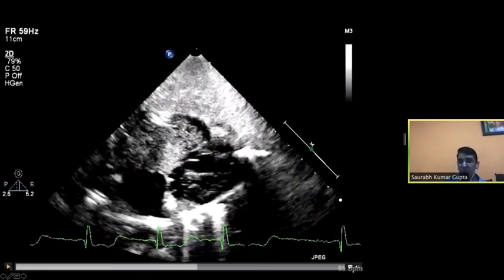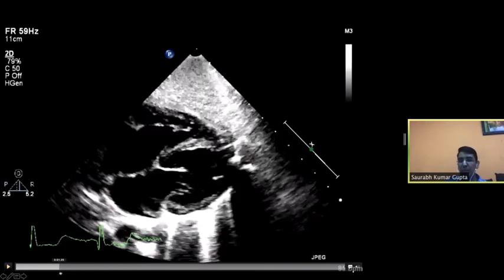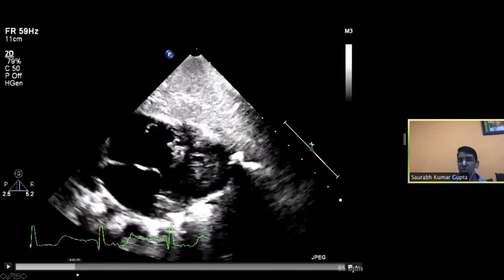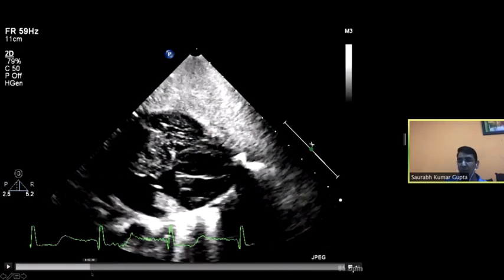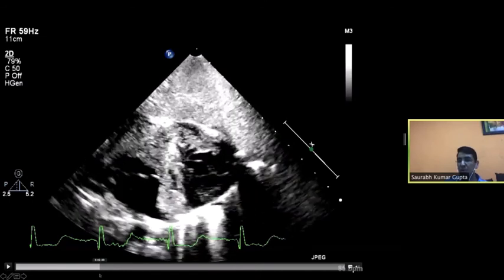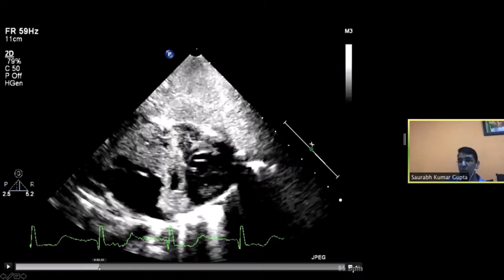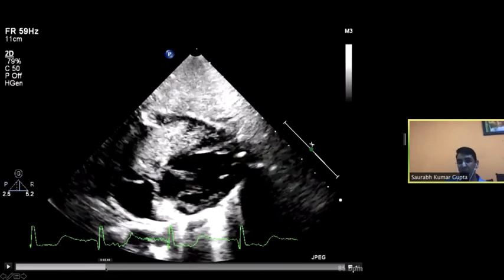So what you do is you freeze it and go frame by frame, and you will know when and what is happening inside the heart, what course these bubbles are taking. So as of now, this is the coronary sinus. Everything looks good. The contrast appears into the right atrium, into the right ventricle, and you are almost ready to say, oh, everything is fine. Why the hell are you bothering me?